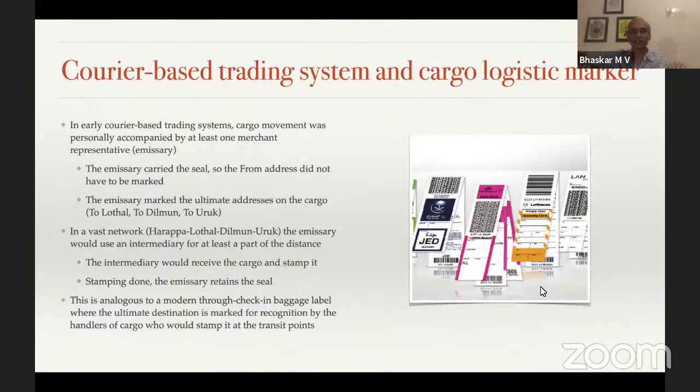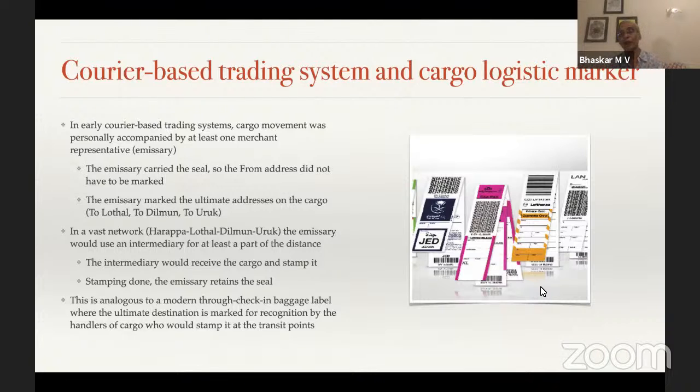So that's a different thing. In early courier trade-based systems, cargo movement was personally accompanied by at least one merchant representative. The key to understand this, as I said, is that this is not a third-party courier with their own organization, their own administration, their own workflow, their own reporting systems, and so on. It has not become an organized courier industry yet. That would take a few more centuries,